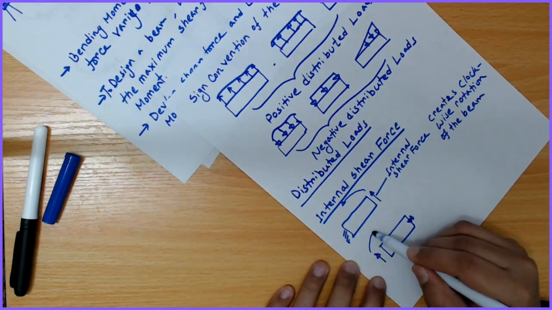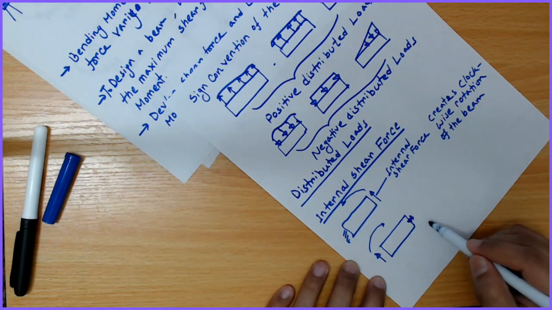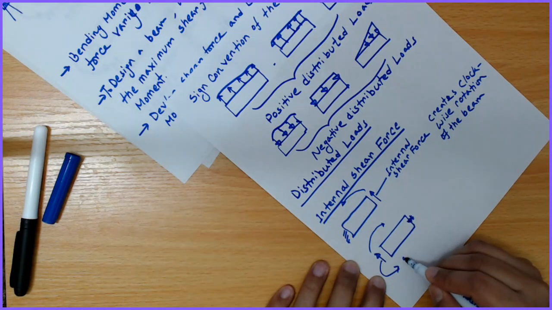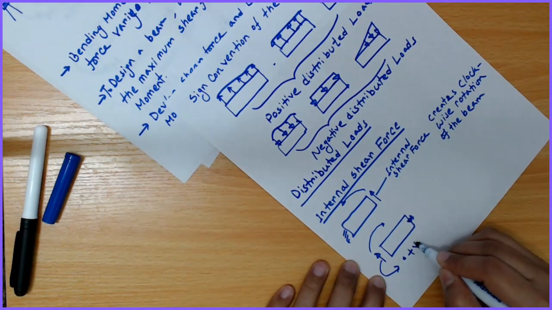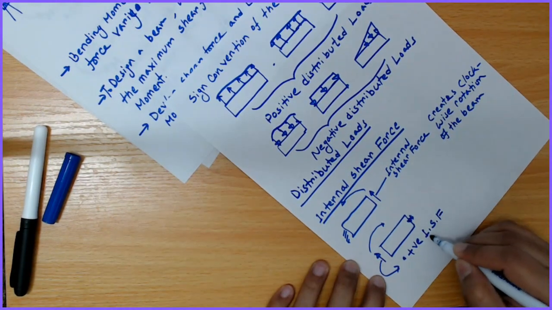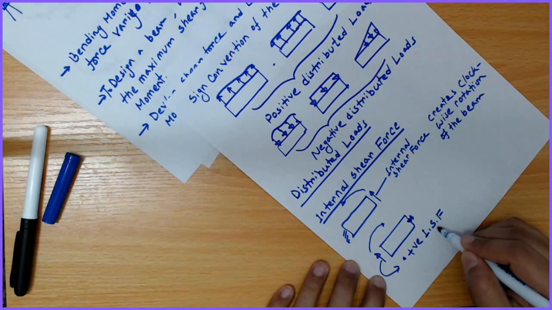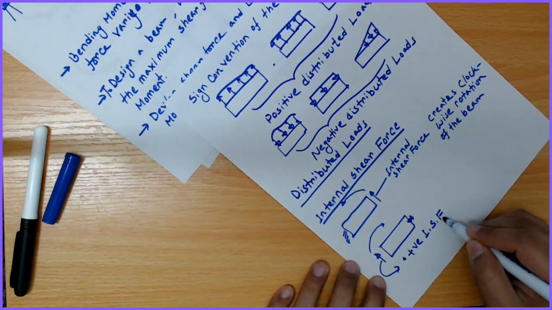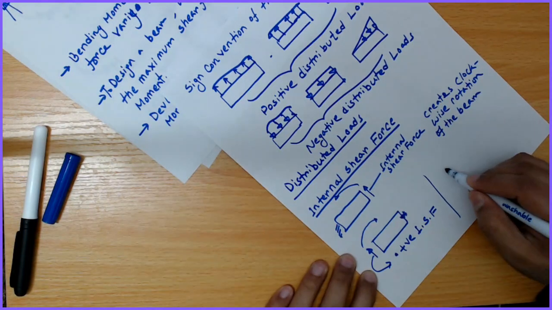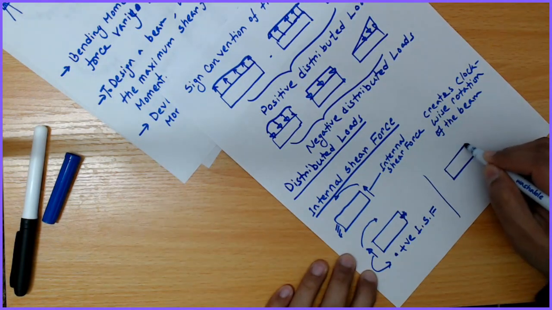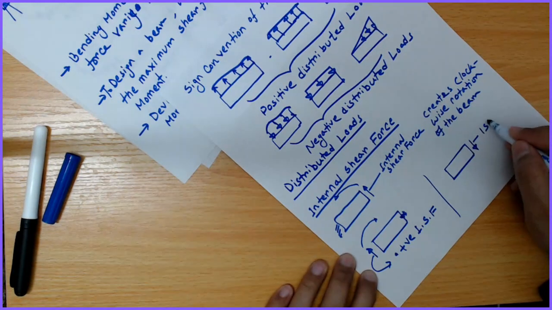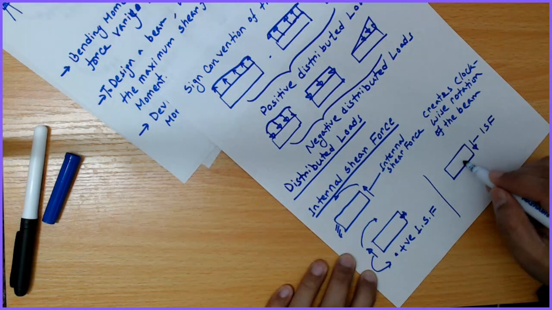Now it is still rotating clockwise, so this one is still a positive internal shear force. I stands for internal, S stands for shear, F stands for force. Okay. However, if this internal shear force is downward, and